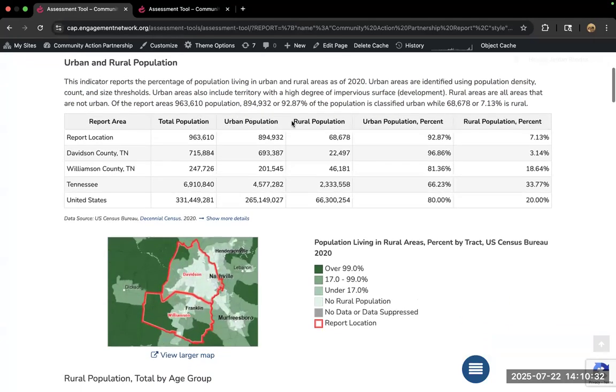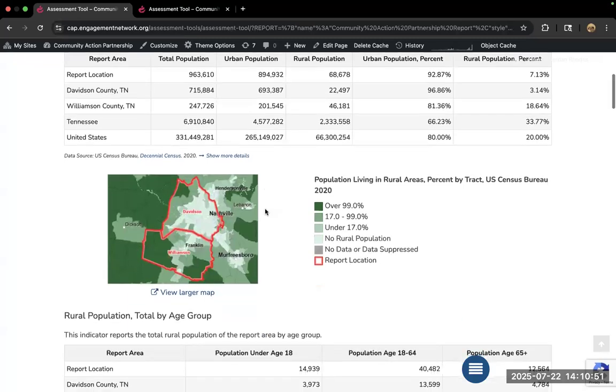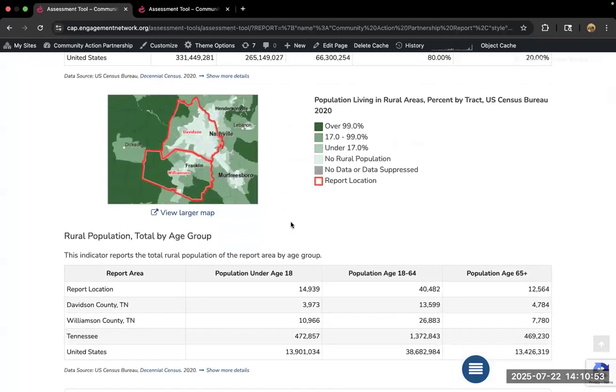Okay. Then for every indicator, you're going to have a nice table, and it's going to give you data for your total report location for each county you selected. And then we're going to benchmark you to the state, into the United States. And then beneath this, we are going to always link you back to the original data source. And so then for most of our indicators, we're also going to give you a nice map of your data